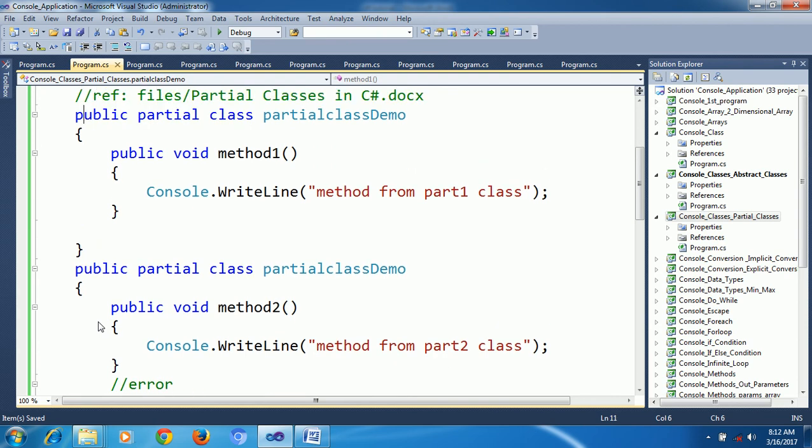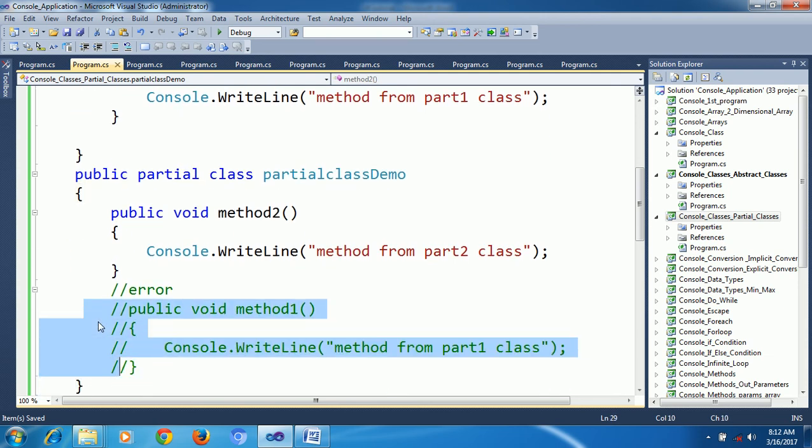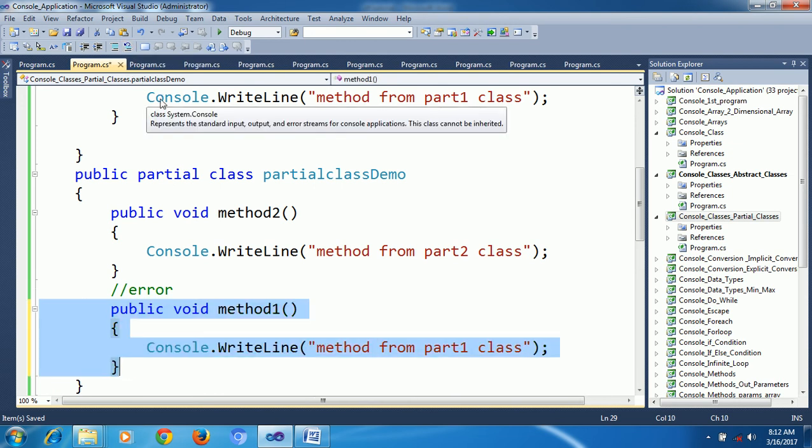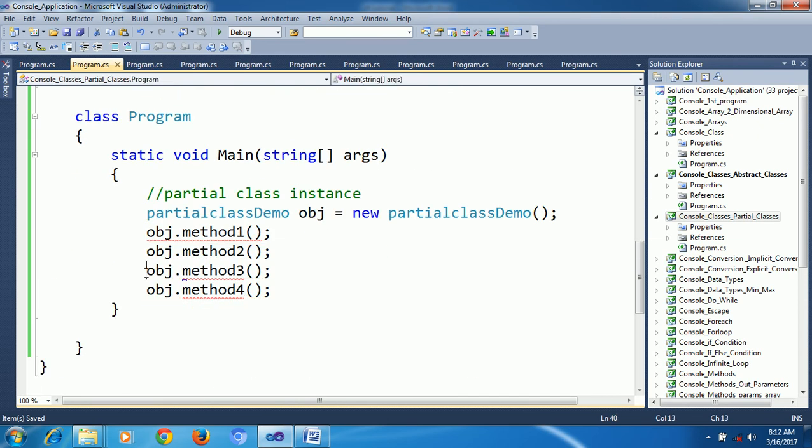See here, I commented one line. I have method 1 in the first partial class. When I try to give the same method name, it will automatically throw an error. Why? Because which class do I need to call? Here I have an object, and method 3 and method 4 I don't have as of now. A conflict will occur for method 1. If you hover the mouse over it,